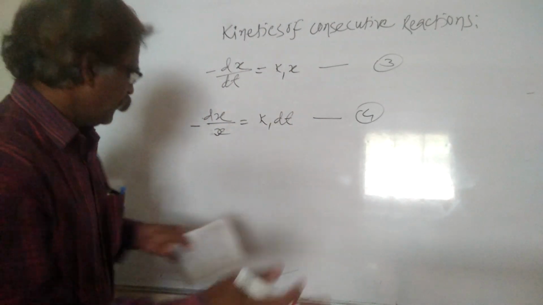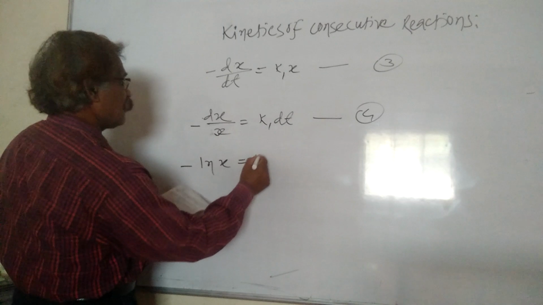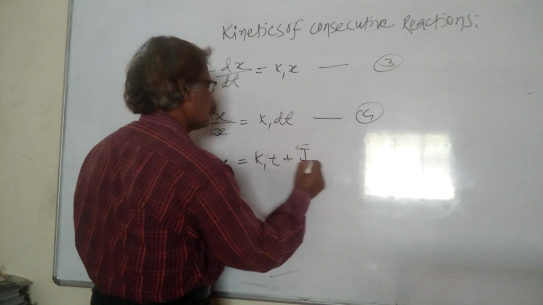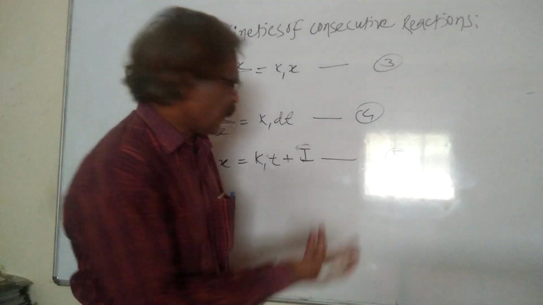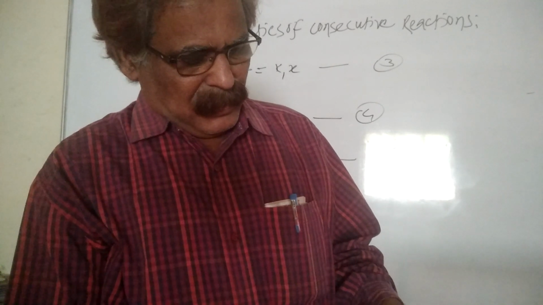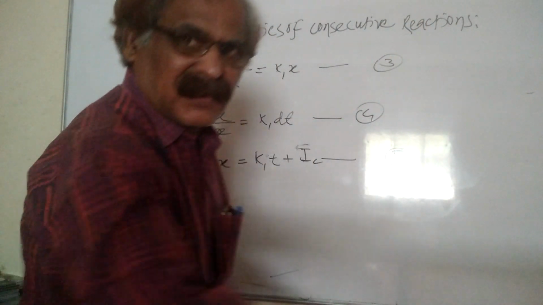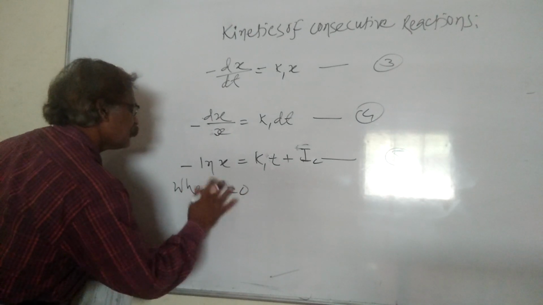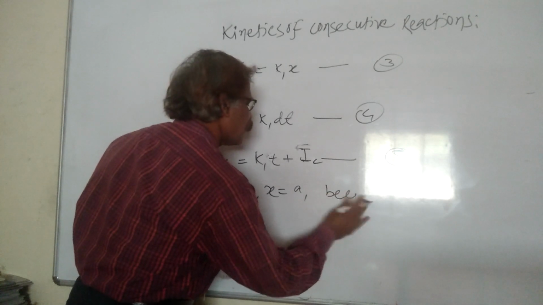So integrating equation number 4, we get minus natural logarithm of x is equal to k1 t plus IC, or simply I, and this is equation number 5, where I or sometimes IC is integration constant, or known as constant of integration. Now the value of integration constant IC can be very easily obtained. How? Putting t is equal to 0, x is equal to a, and therefore the equation number 5